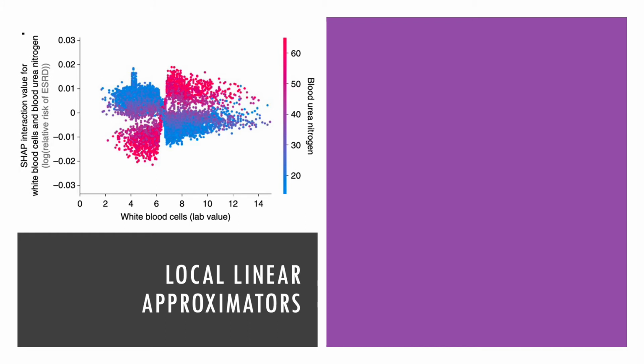This is an example from a clinical paper. We can see a nice interaction effect here between white blood cells and blood urea nitrogen that comes out quite visually. But this is also widely used in more molecular settings where the data is much more high dimensional, to screen important variables, maybe transcripts, and zero out less important ones to give some intuition for what is happening to predict these diagnoses.